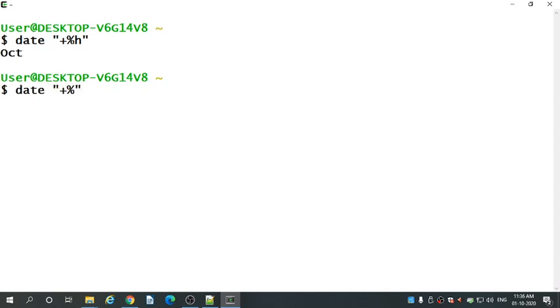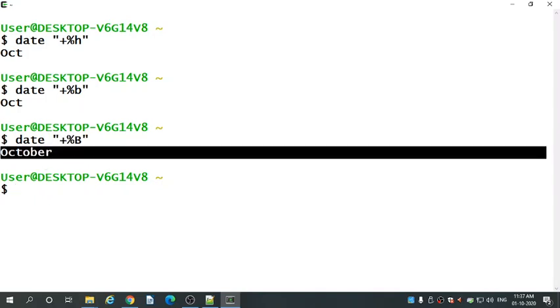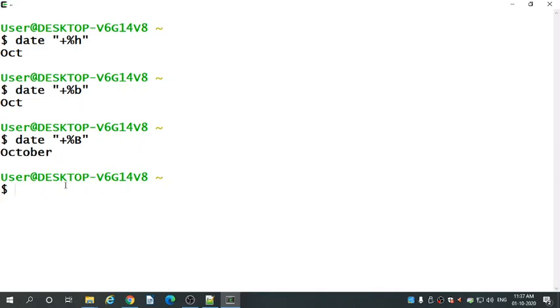Then next you have small b, enter. It will also show you the abbreviated month, January to December. Next you have capital B. This capital B displays the output as October in full spelling. So October it is, the current month it is showing.